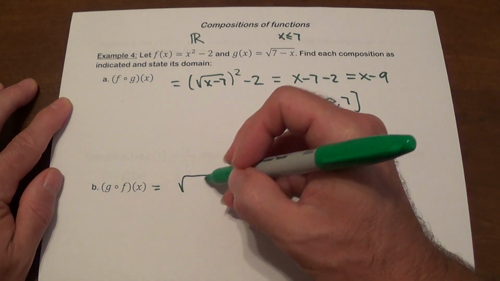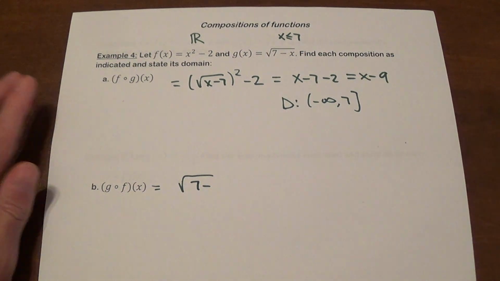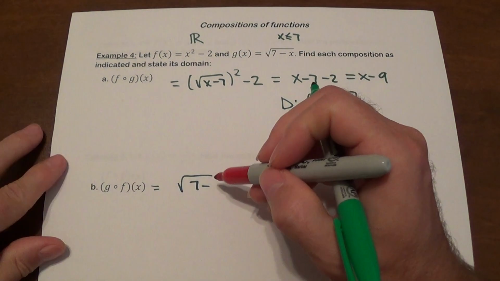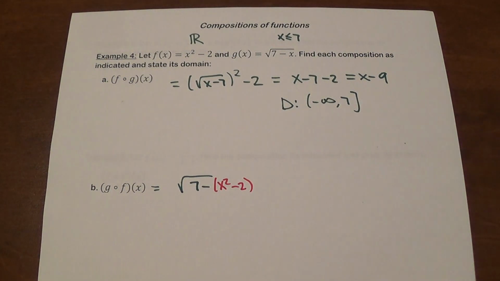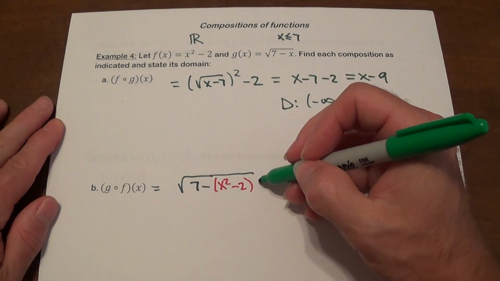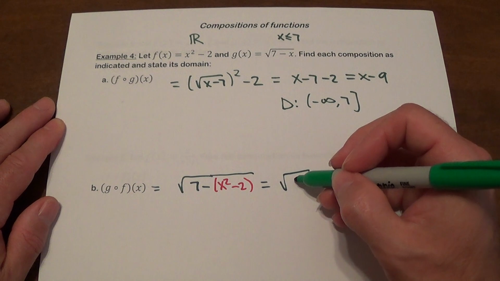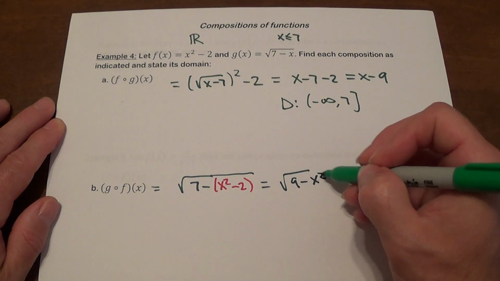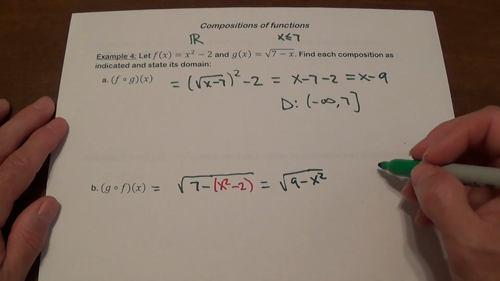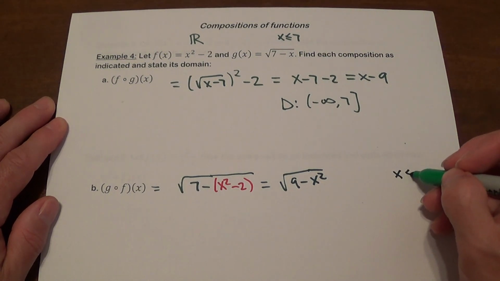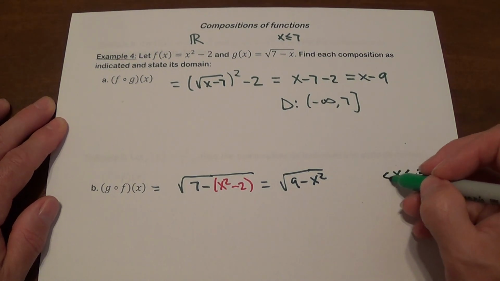So it's going to be square root of 7 minus, replace that with x squared minus 2. And that is going to give us square root of 9 minus x squared. So if we do the math here, we should understand that x here is going to be restricted from -3